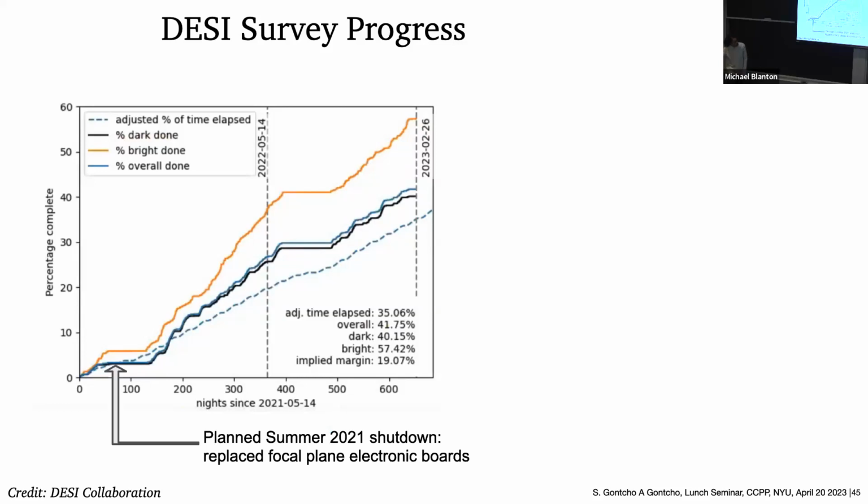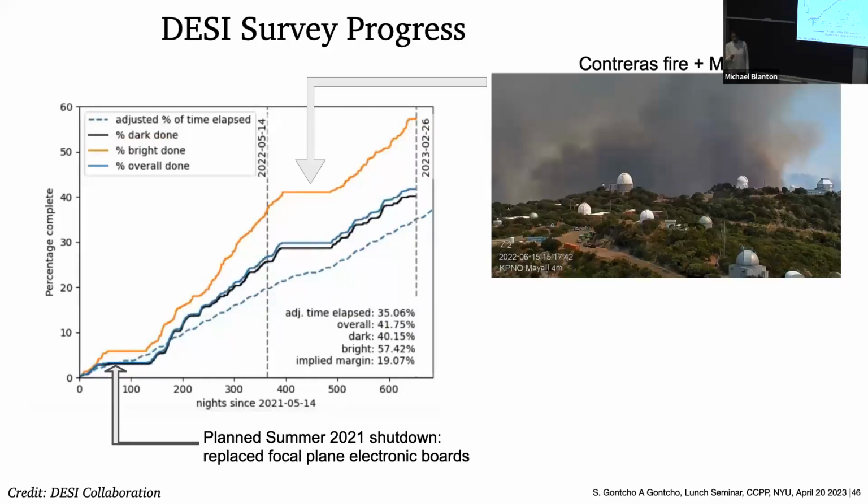Shutdown. Summer shutdown? Wait, wasn't it more? There you go. Because there was a fire, the Contreras fire in Arizona, so that shut us down for a little bit more than 2 months. Something that was lucky for DESI is that we were in the process of switching those blue mirrors. So we had our specialists on the mountain when we had the order to evacuate. The staff at Kitt Peak is already amazing, but we were in the best position to put the instrument in a safe state before